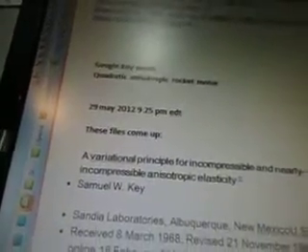anisotropic rocket motor, and of course I was working on this May 29, 2012, 9:25 p.m. is when I started doing the research. I actually started working on this lens May 14th. These files come up. A variational principle for an incompressible and nearly incompressible